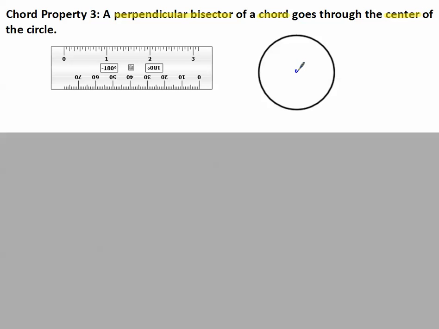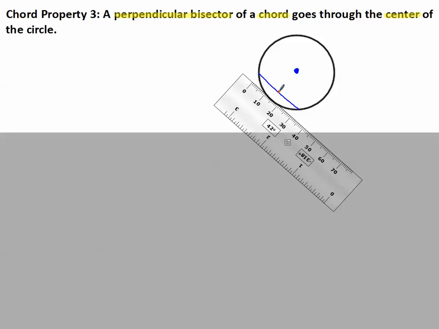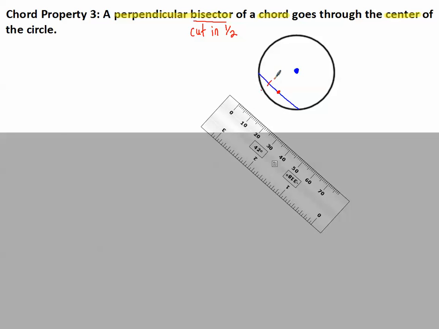So I'm going to draw the center of a circle, and I'm going to draw a chord. And if I bisect that chord, which in my picture would have to be halfway between 0 and 30, which is at 15. So if I bisect it and I put a little mark there at the 15, bisect, cut in half or into two congruent segments. So this segment is congruent to this segment, and